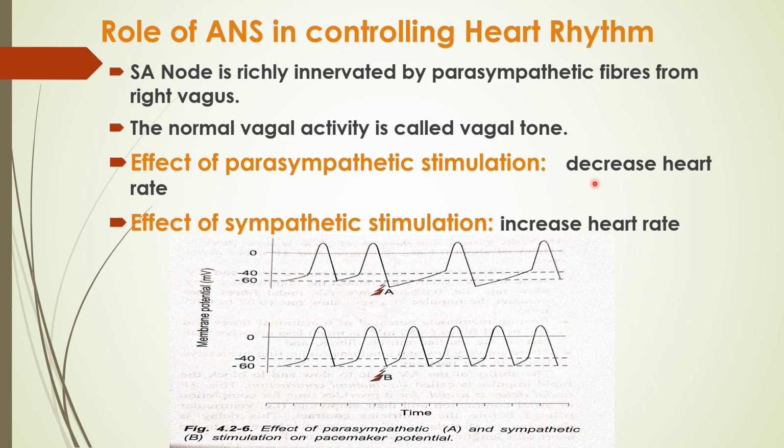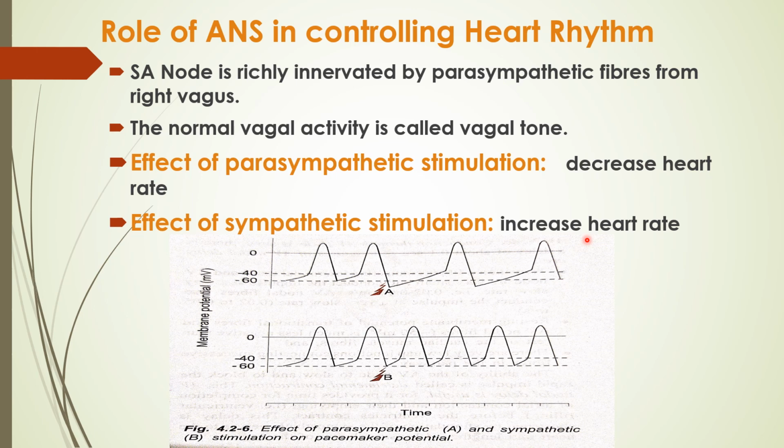And if this happens, the Purkinje system initiates the rhythm, causing ventricular contraction at a rate of 15 to 40. So if the SA node stops beating because of strong parasympathetic stimulation, the ventricular Purkinje system will take over. So that is called vagal escape phenomenon. And then effect of sympathetic stimulation. So it will cause increased heart rate.